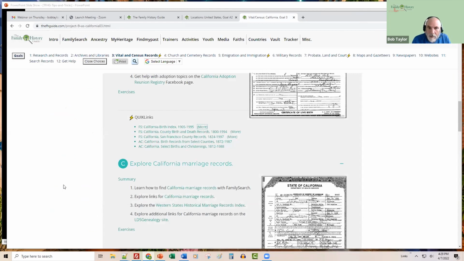Okay, a couple of notes about quick links. We only have quick links for record collections that have 50,000 or more records in them. Otherwise, we would have thousands and thousands of quick links that would be very hard to maintain. So if you need to search a record collection that has fewer than 50,000 records, the best thing would be